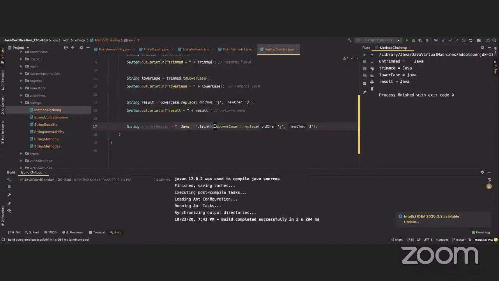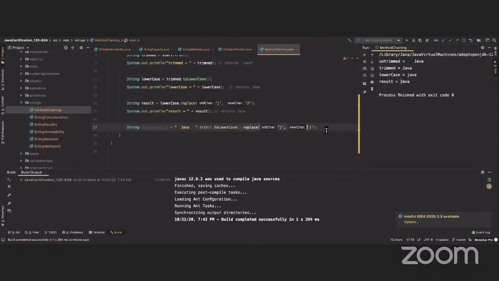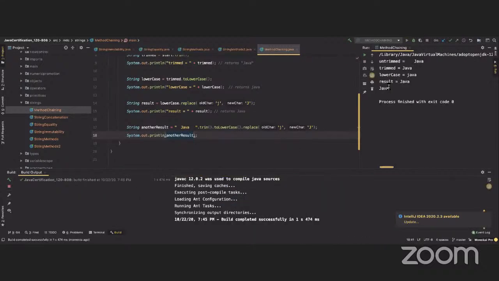So the result of this will be put to this method, and the result of this method will be worked here. So you work from left to right. Result of this, then you apply to this. Result of this, then you apply to this. And the sys out another result, then we get this here. Exactly the same as here. Okay, so now I can say another result